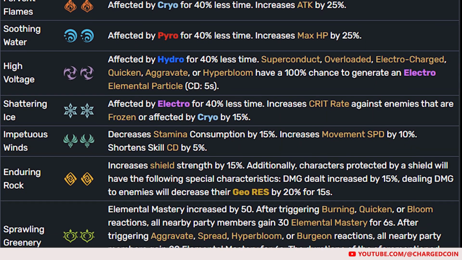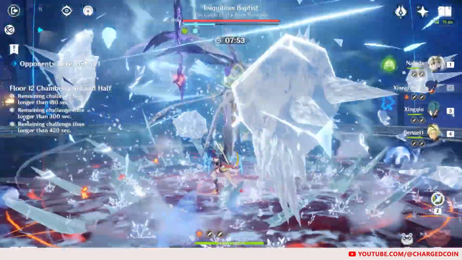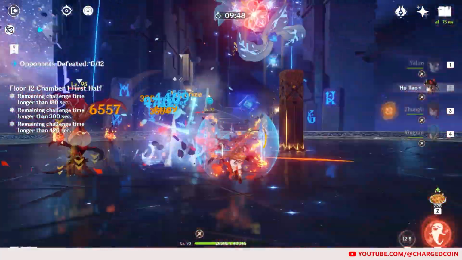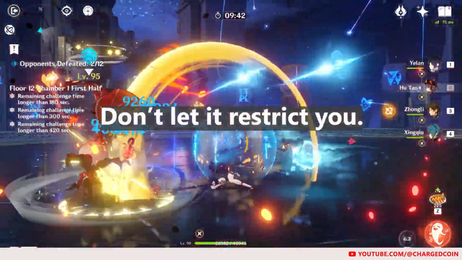To conclude, we have covered all the details of the various elemental resonances, which elemental resonances are the best, and in which scenarios you can or don't have to use them. Additionally, note that you do not always have to have 2 elemental resonances. If you can have 2, it may be beneficial and help your team out, but don't let it restrict you,